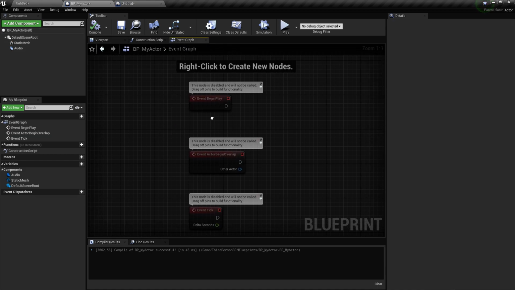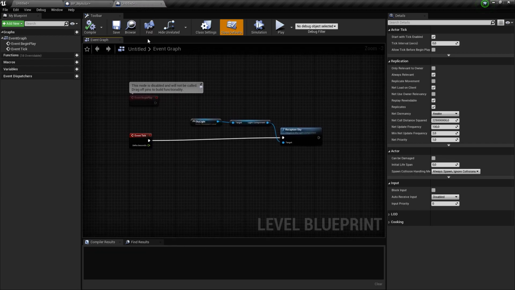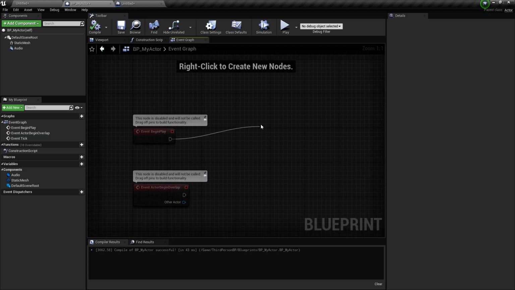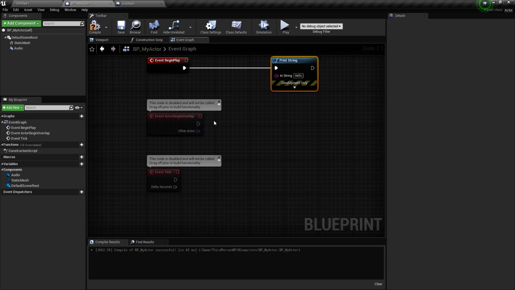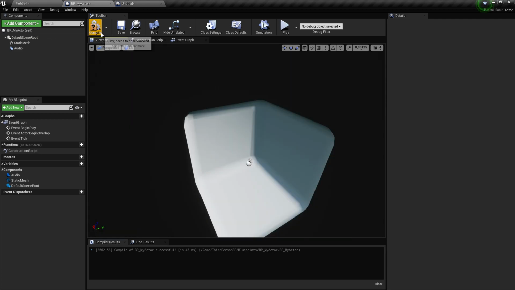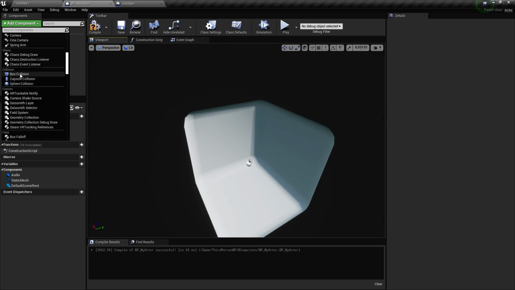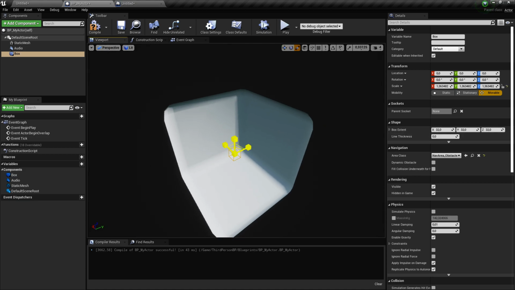And you have the event graph. The event graph is basically the same as the level blueprint. When the game begins, what do you want to do? I want to print a string. For example, when something overlaps my actor, for overlapping I just need to add a box collision and make it the size of my object.